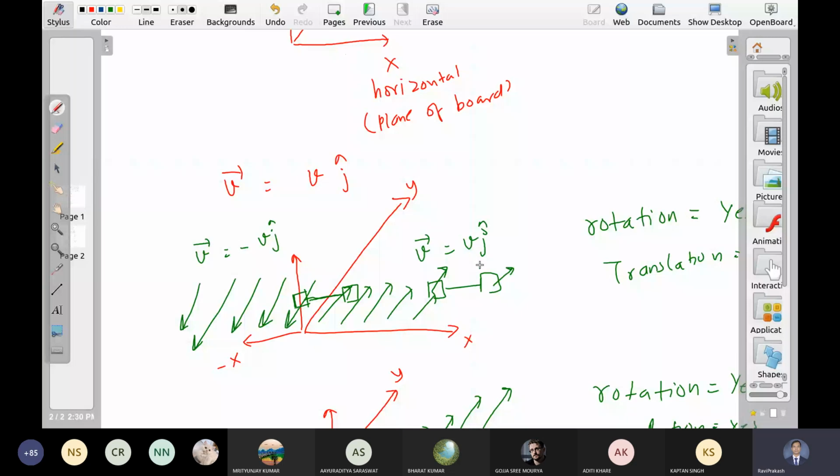Now there is the same force, but the direction is now changed. That is why there is a rotation. What is the Vy here? It is minus here. What is Vy here? It is plus here. The difference is 2v. So del Vy upon del x is non-zero here. This is the most general case.